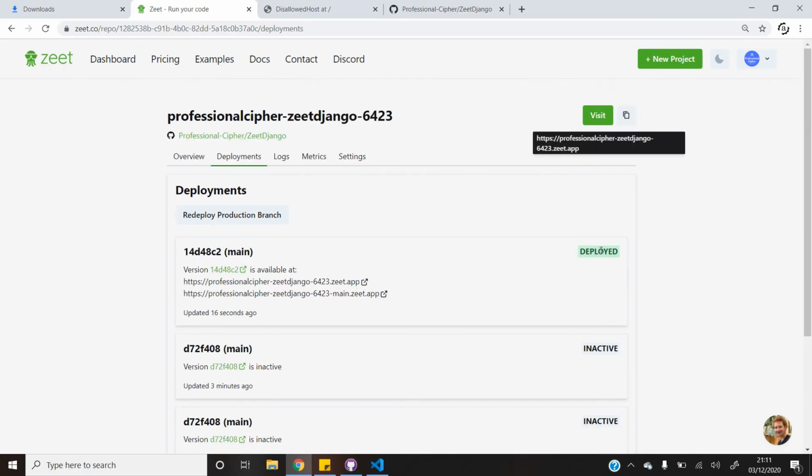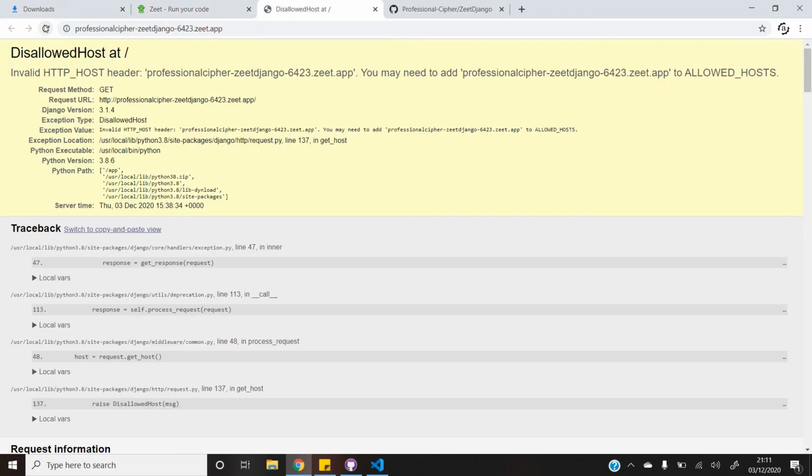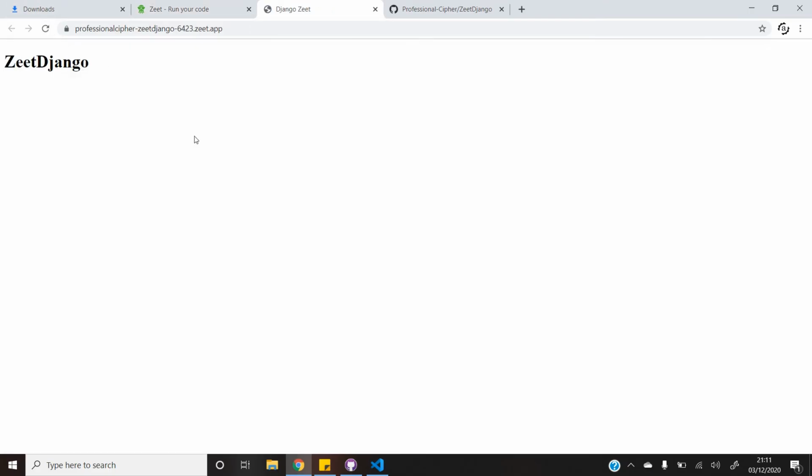So we can see that our project has been successfully deployed. After that, we will refresh the page and see that the build was successful and our app has finally started to work as it is intended to.